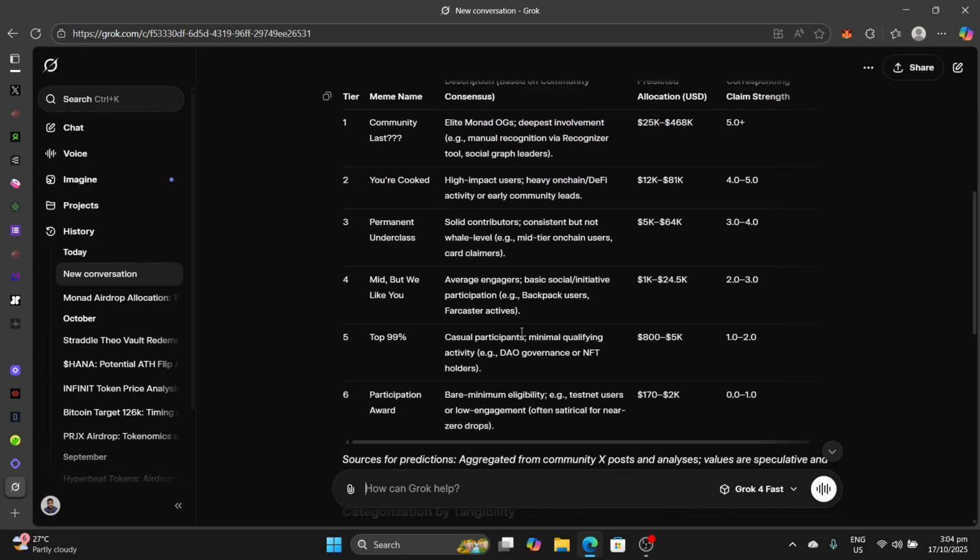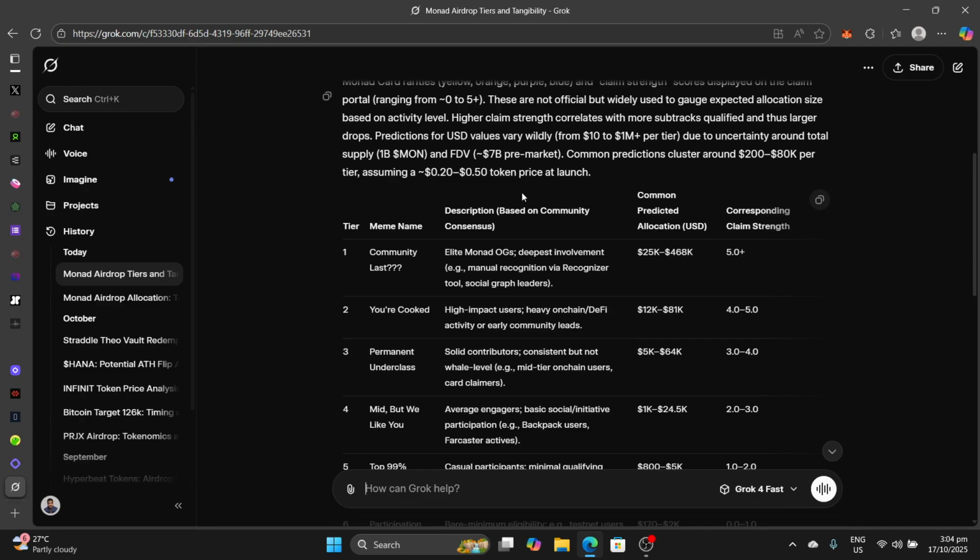So these are the tiers. Community last is top one. So you see permanent underclass is top three. Now, according to Grok, it is still expecting an allocation between 5K and 64K. I don't know how, but I think it's weighing its parameter on the 7 billion pre-market, but I think it has really dipped in valuation. In pre-market, people started dumping it or so. So I don't know what the current pre-market valuation is